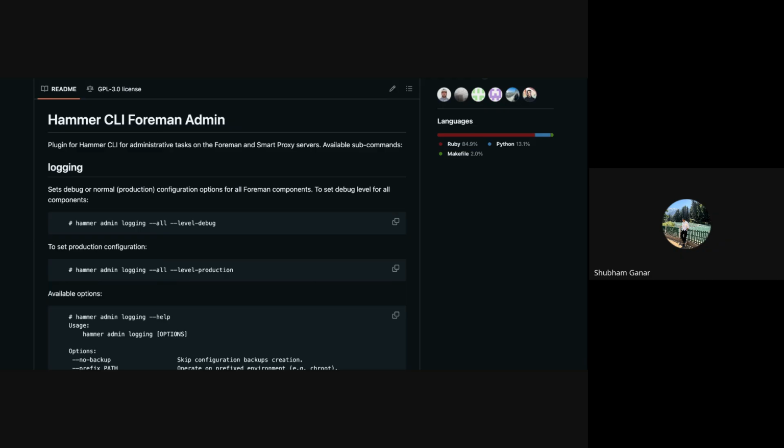Okay, hello everyone. I am Shubham, and I'm going to talk about the Hammer CLI foreman admin plugin, which is now dropped from the foreman, and we are no longer going to use the Hammer admin command for managing the logging, which we used to do. The reason behind it is because it didn't really fit in the architecture of the foreman, because Hammer is a remote client, and the CLI admin plugin did local actions on the foreman host or the smart proxies,